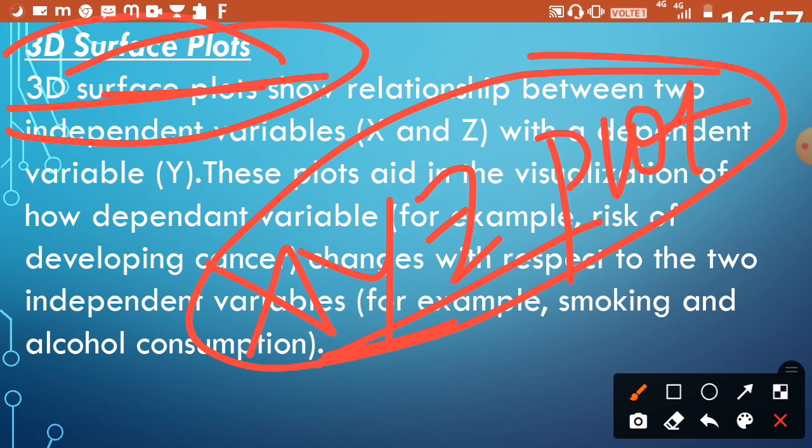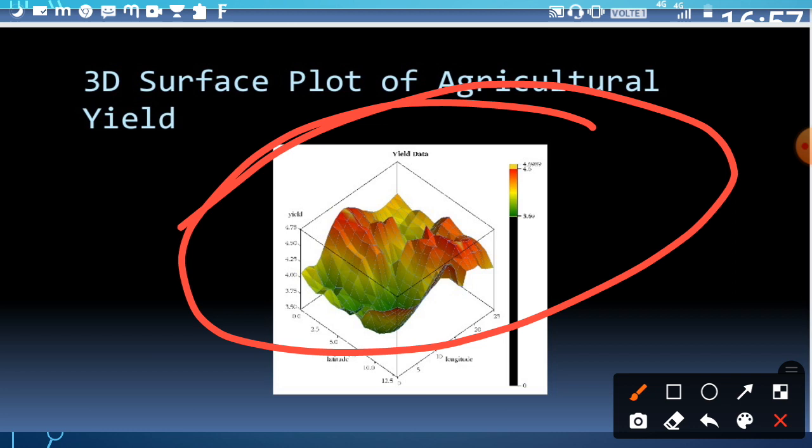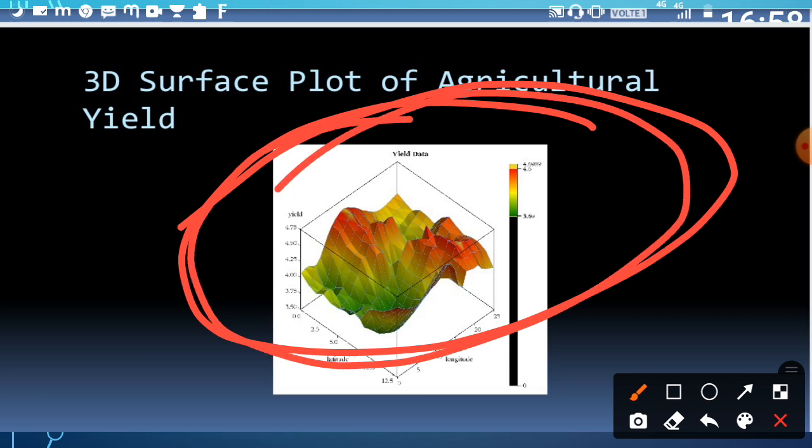I have already mentioned to you, I know about only one, that is Excel. There are several which we will discuss later. Okay, so 3D surface plot. Here you can see, what you have to do is give all the information to the computer, and the computer will automatically show a 3D graph like this, showing the correlation between the values or the variables. This is your 3D surface plot.